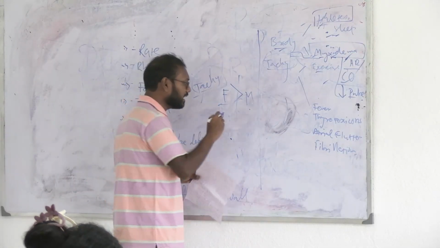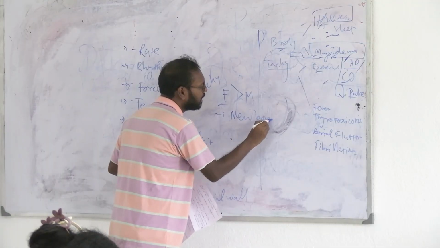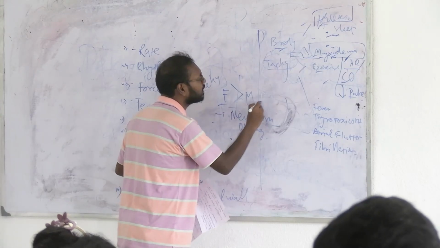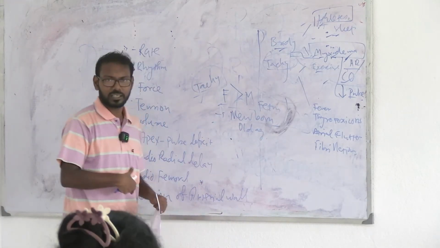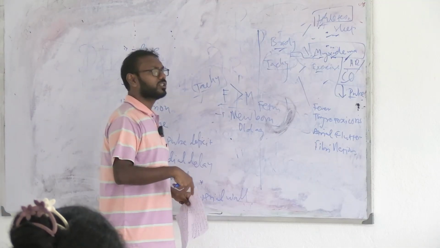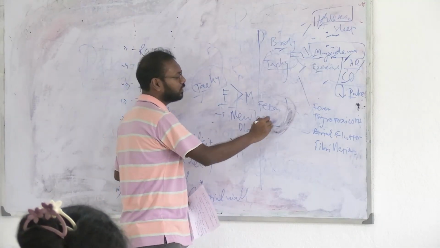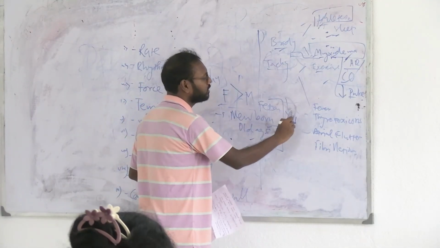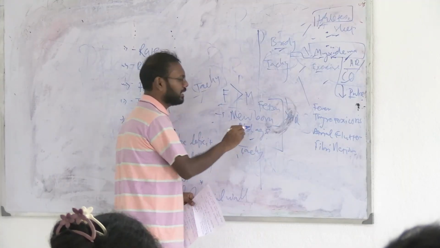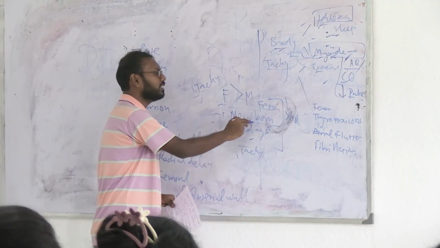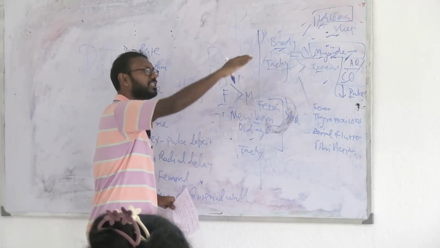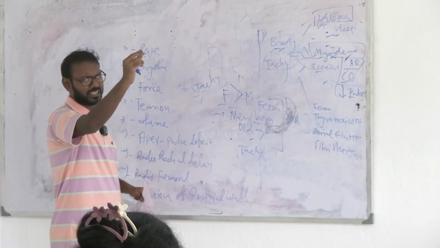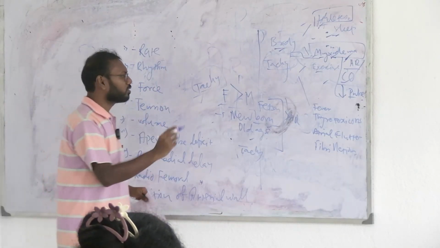Next is another thing: newborns, old age, and also fetuses. A fetus is a baby which is growing in the mother's womb. So in fetus, newborn and old age, in all these cases the person will have more heart rate. That is all tachycardia, but they don't need any medication. When a newborn grows up, slowly but surely the heart rate and pulse rate will go down. We will see the average pulse at various ages right away, then you will understand.